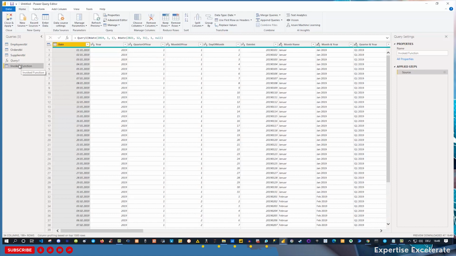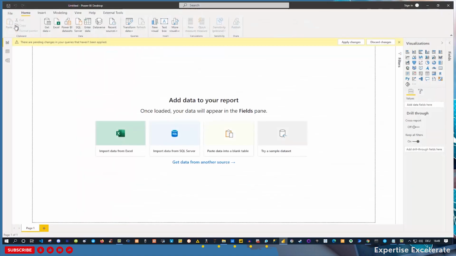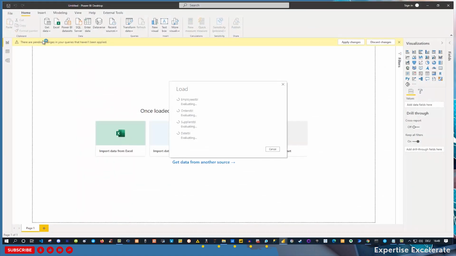Then I invoke the function here, and I have my dates table, which is currently called invoke function. So let me actually rename this here properly and say this is my dates tbl to be consistent here. Okay, and then finally, of course, we can load this data. So click on close and apply as soon as you're done, and then we import the data and let Power